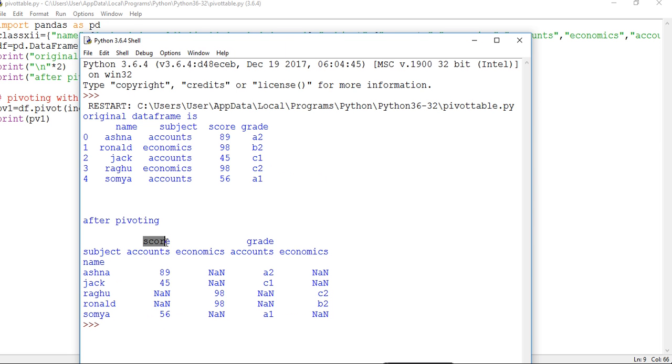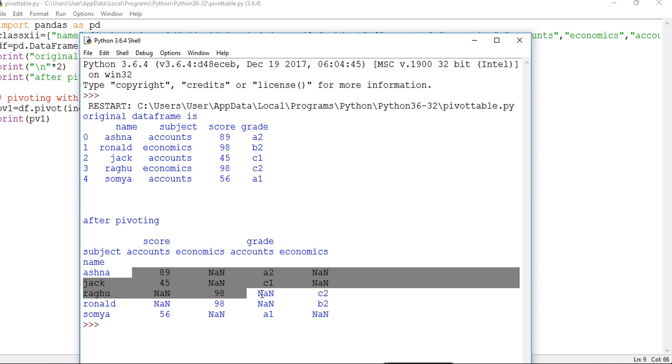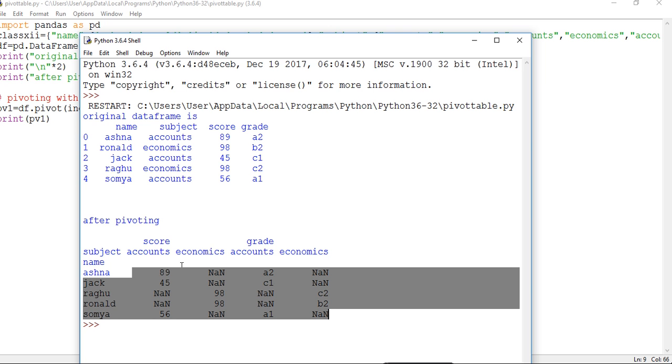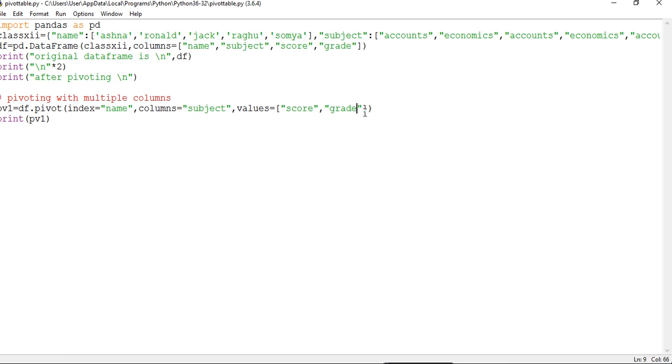So the score column is divided into two parts, accounts and economics, and the grade is divided into two parts, accounts and economics. And then these are the values for score and for the grade column. You can also use the fillna function here.